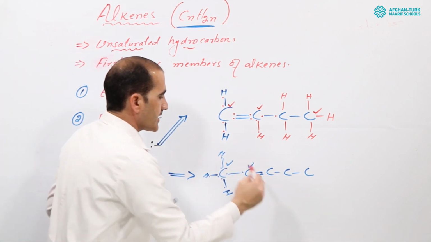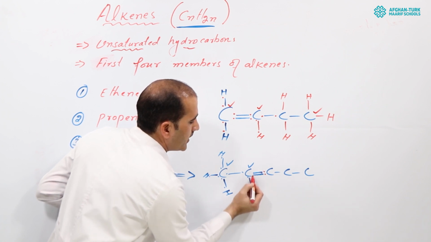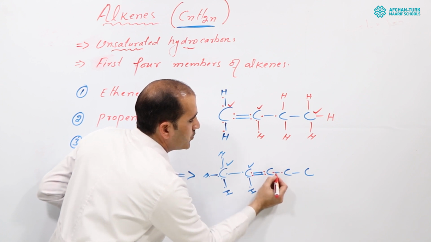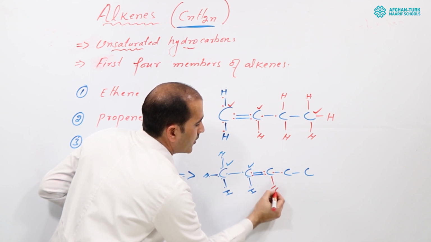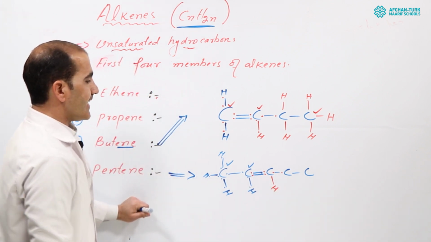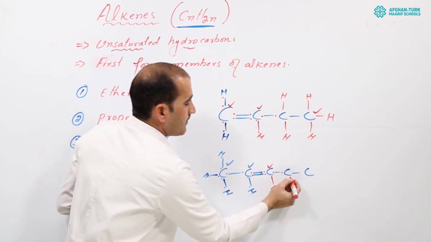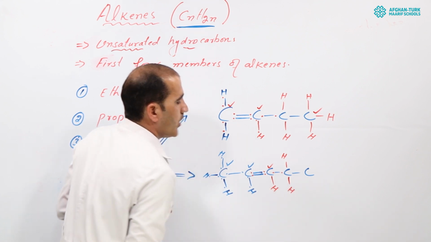Same situation with this carbon. Look here, 4 already, we have 4 already with this carbon atom, and 2 here, so 4 plus 2, 6 electrons are here, so it needs 1 more hydrogen atom. So by 8 electrons, it also becomes stable right now. You can count it. Same here, the situation is that it needs 2 hydrogen atoms. Why does it need 2 hydrogen atoms?